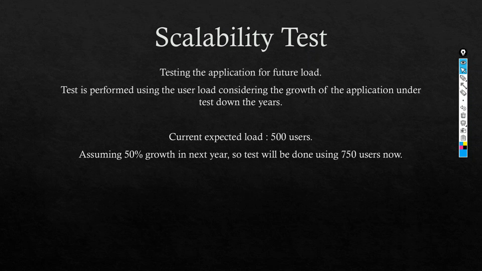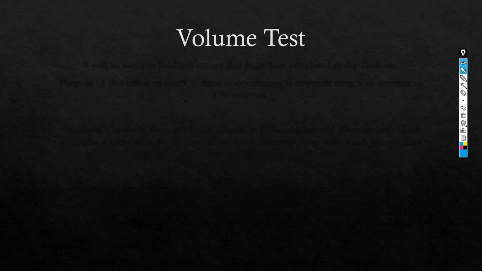This is related to the term scalability as usual. Initially we discussed that performance testing is measured using speed, stability and scalability. Speed is related to load test, stability is related to endurance test or soak test, and scalability is related to scalability test. Now we have completed four types of tests and only one remaining. If you have any questions, you can ask now, or else I'll go to the last one. The last one is the volume test.